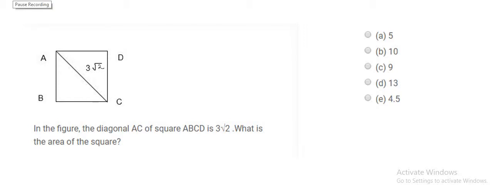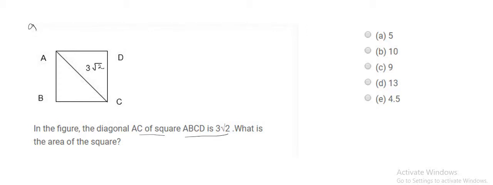Hello, we are going to solve another geometric problem, and here is an image and the description is given as: in the figure the diagonal AC of a square ABCD is 3 root 2. What is the area of the square? So it said that ABCD is a square, so we can assume that each side of the square is A,